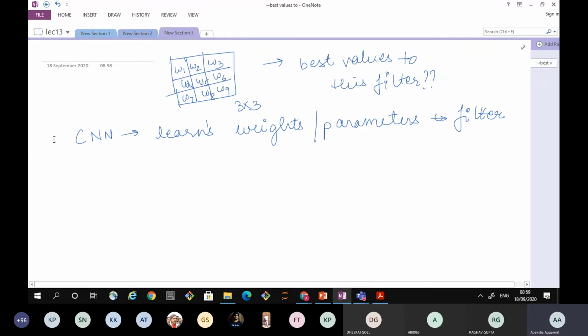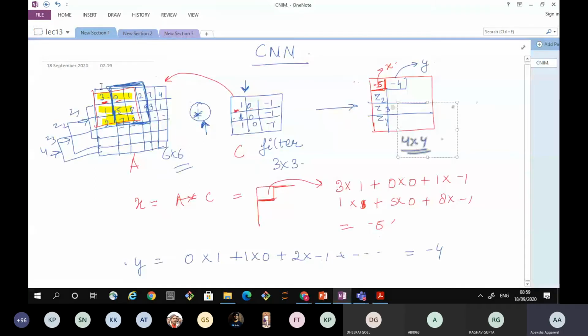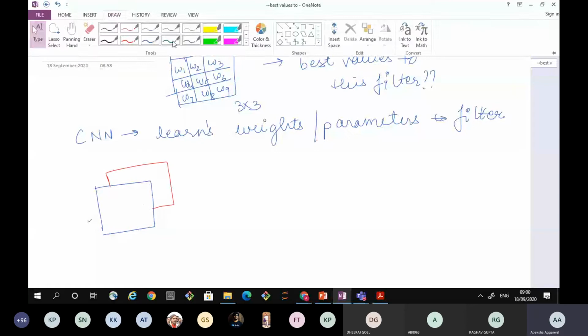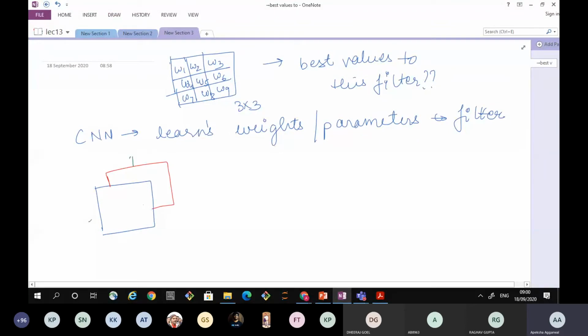Now you know that this is the example of an image with a single channel. In general scenarios, how many channels do we have? In general we have three channels, that is red, blue, and let's say green. So we have an image like this.